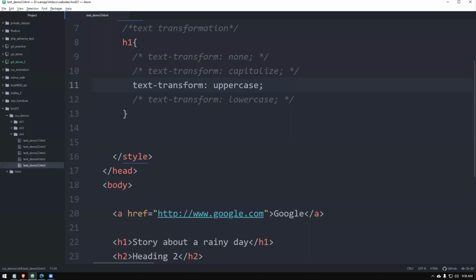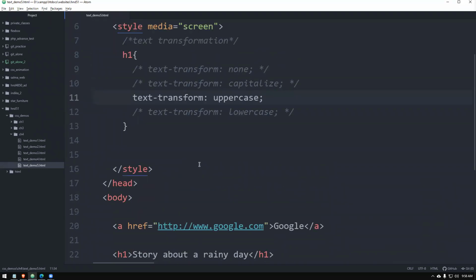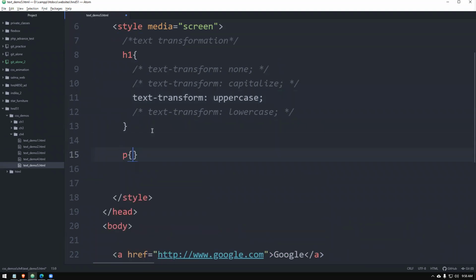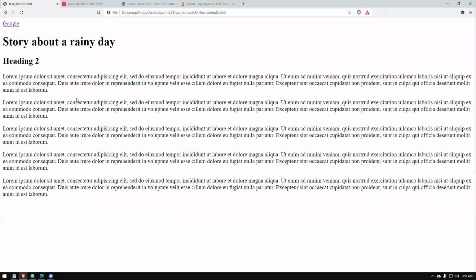Right. The next part that I'm going to teach you is something called text wrapping. So I'll just demonstrate how it's done. Since we have paragraphs in this example itself, we will do it. If you take a paragraph like this, children, you can see usually the web page goes from left to right.